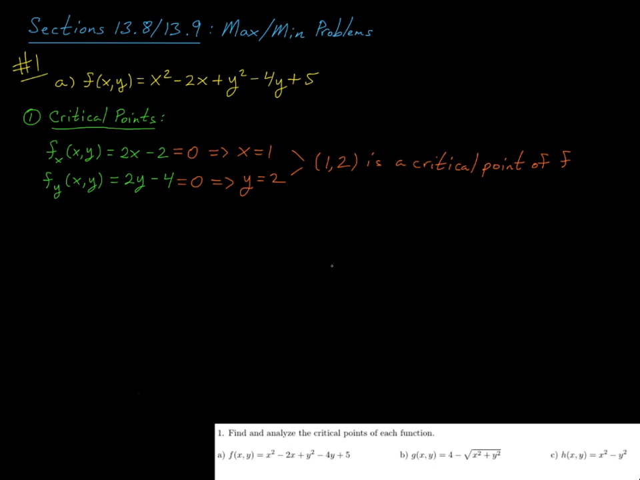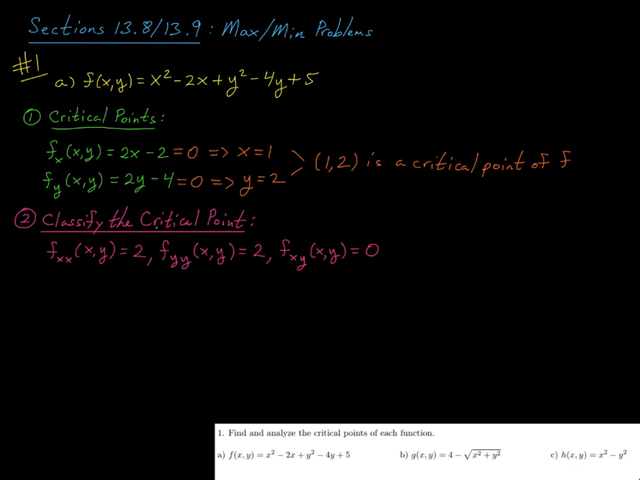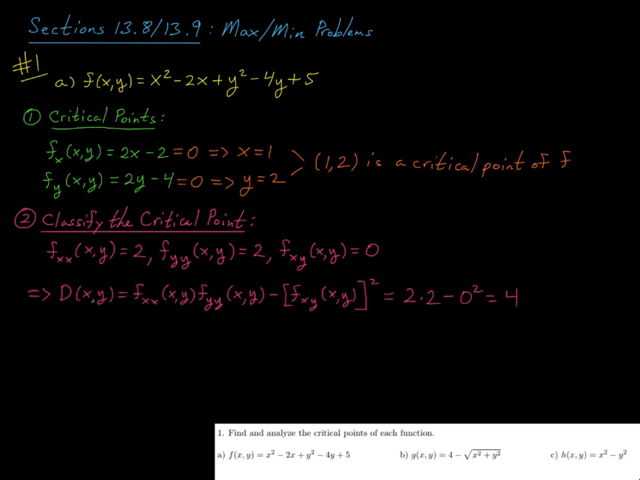Alright, so now let's go ahead and classify this critical point. We can do that using the second derivative test. So we're going to compute the xx, the yy, and the xy derivatives of f. Those are shown here, so 2, 2, and 0. Go ahead and compute our quantity D that we defined in the last video. This is the product of the xx and the yy derivatives minus the square of the xy derivative of f. So in this case, this is going to be 2 times 2 minus 0 squared,